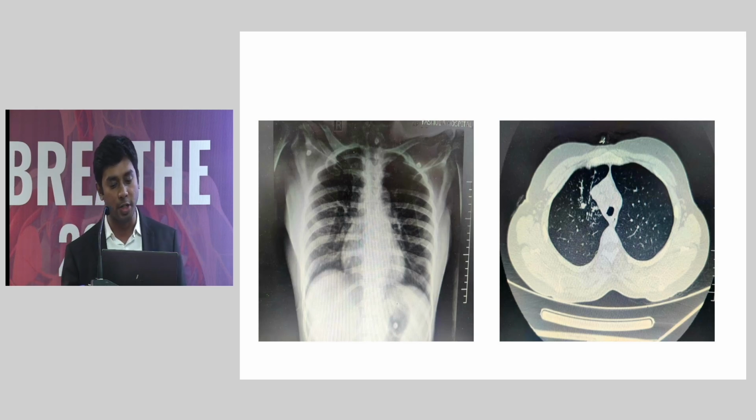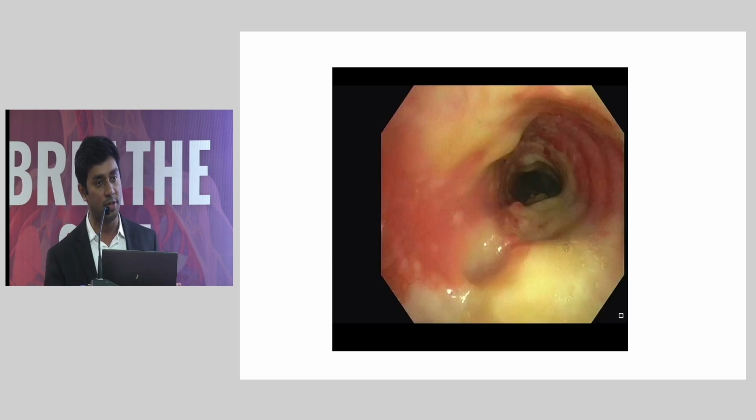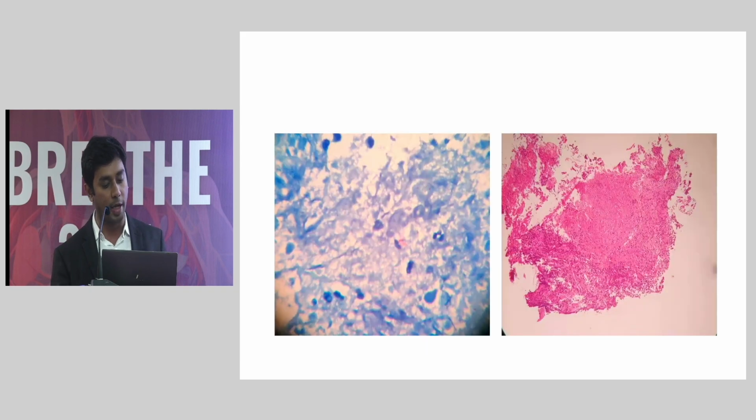So we took up this patient for a bronchoscopy and what you are seeing is nothing but an actively caseating endobronchial TB. If you had not done a bronchoscopy for this patient and had treated with only ATT, the possibility of developing into a later stage of stenosis is quite high. So we took a biopsy and a BAL to confirm the presence of endobronchial TB. As you can see from here, there is presence of AFB along with the granulomatous inflammation. And we started this patient on ATT and steroids.